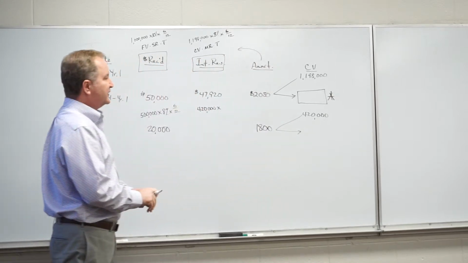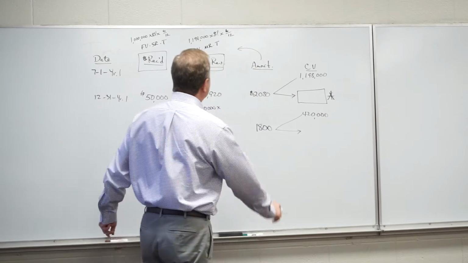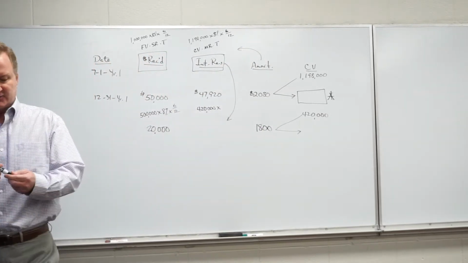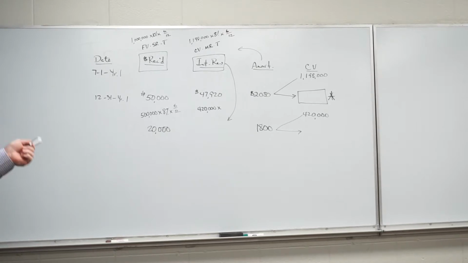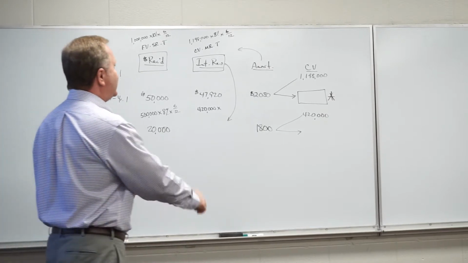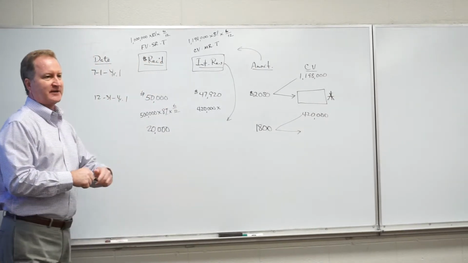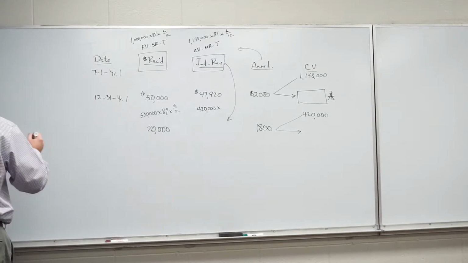Okay? But this time they're not asking us for this amount. They're asking you how much income should we recognize related to this. So we've got to decide, were the bonds purchased at a premium or at a discount? A discount, because you paid $420,000 for $500,000 face value bonds, right? So if you bought them at a discount,